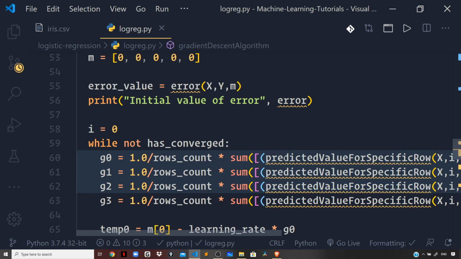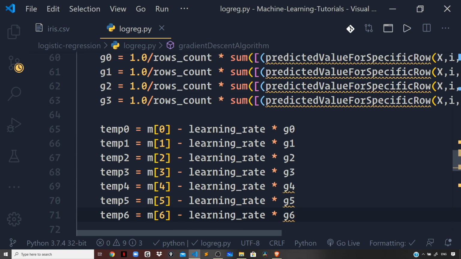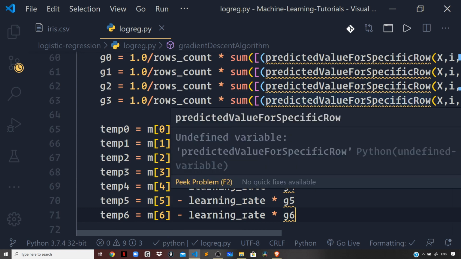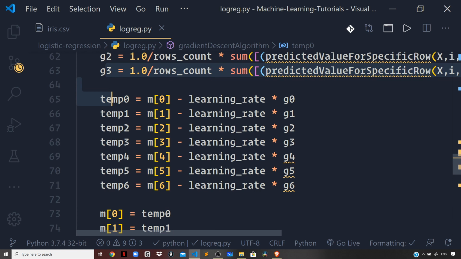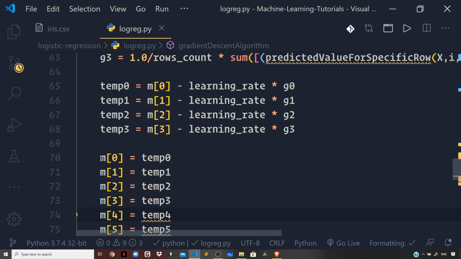Because here we are having 4 predictors, we will be computing the gradient along each dimension. Along each predictor we will be computing the gradient, and that is why we will have 4 gradients. And then we are computing the new parameters according to the current value of gradients. So remove these 3 because they are not required, and then you update your parameters with the temporary